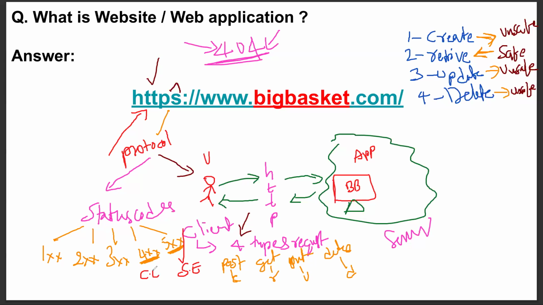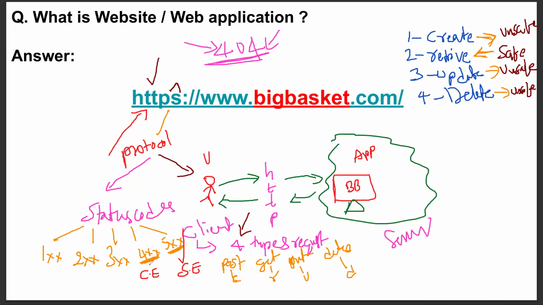Now the second is 4xx related errors, nothing but client-side errors, guys. I'll tell you one example. Maybe you have seen this on a movie website. Let's say you watched one movie a month back, and if you search today, that movie won't be there, and I'm sure you'll get some 400-related error. Or you're trying to apply for a job, but that job application link is not there today because they deleted it, and you are searching but it is not there on the servers. That type of error is called 404, nothing but a client-side error.